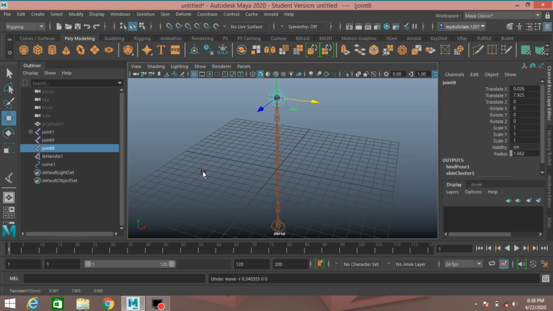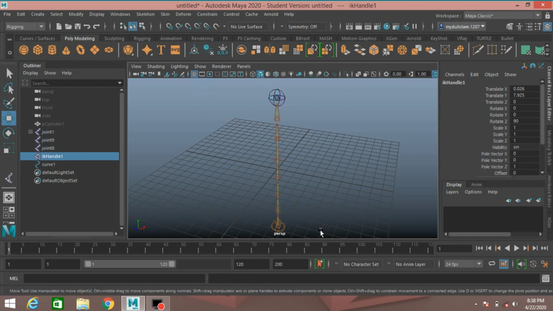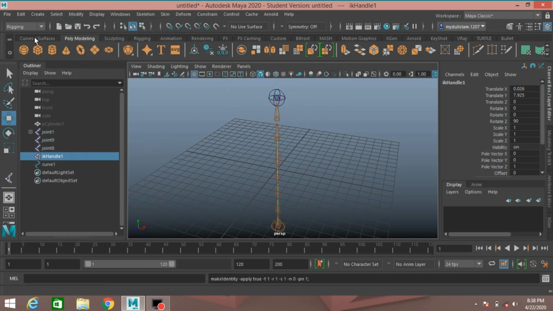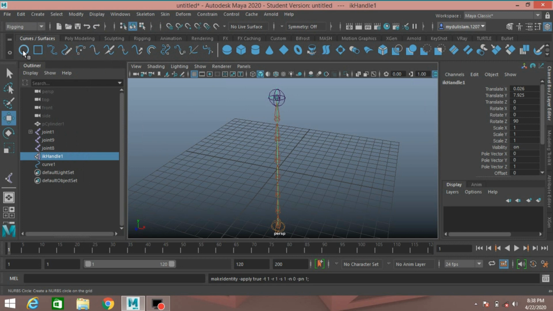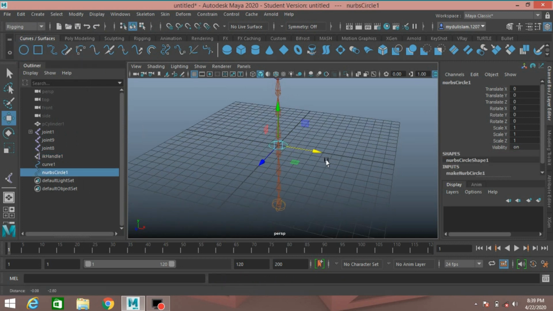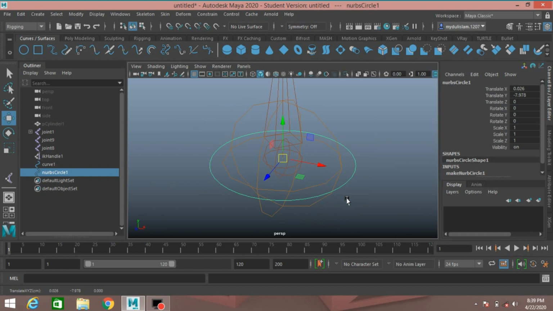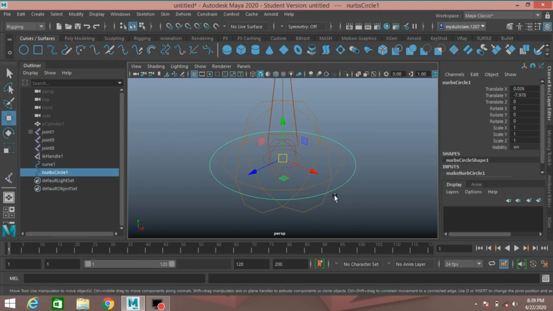Now select all the joints, modify, freeze transformation. Now go to curve, take a nurbs circle and press V to snap it to the lower joint. Press F to focus in to see the correct position.